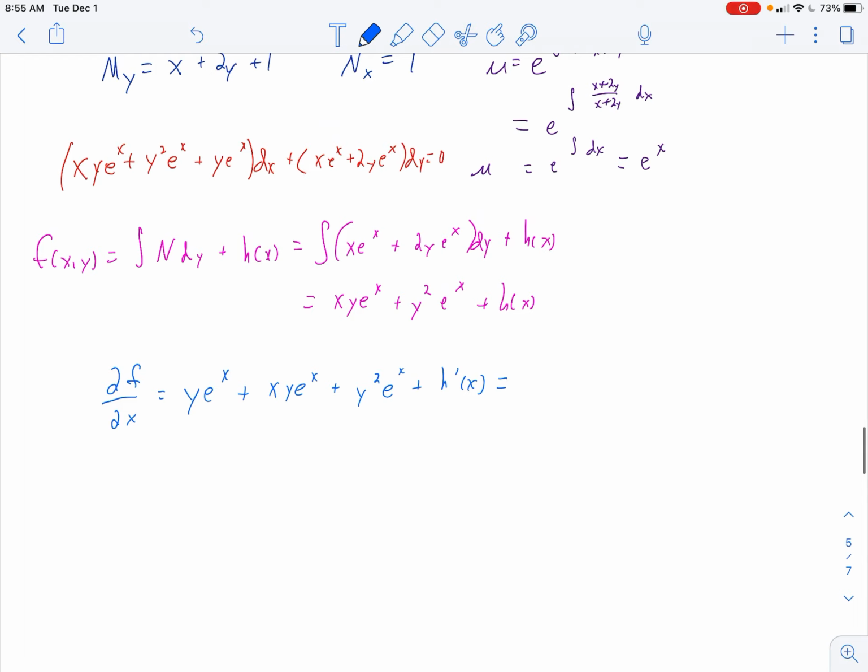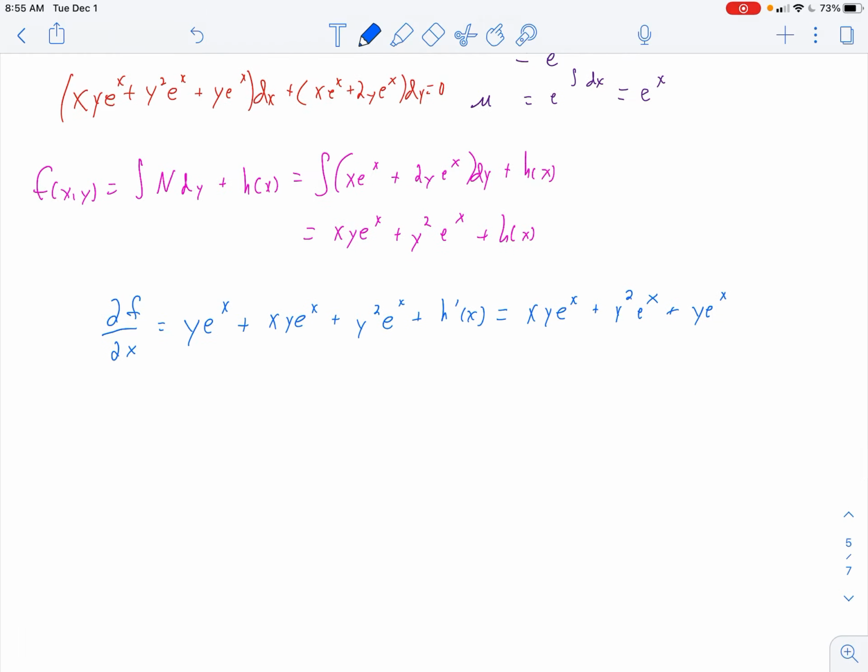And that equals what M was: xy e^x + y² e^x + y e^x. And lo and behold, everything is going to cancel out. That y e^x cancels that y e^x, xy e^x cancels that xy e^x, and then y²